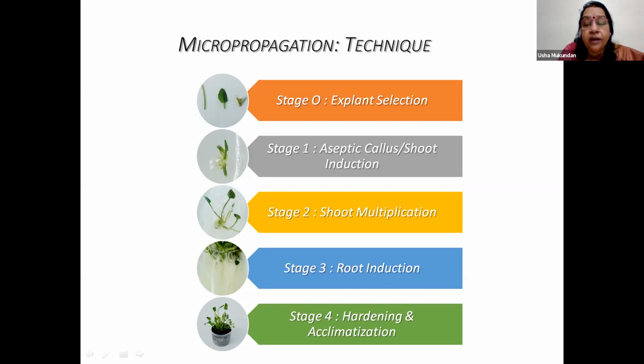It can either respond by forming an organ, which I already mentioned, organogenesis, or it may just form callus. And from callus, you can get plants. Or it may form an entire plantlet. However, because you're talking about mass propagation, you're not interested in stopping at stage 1. You want to multiply in vitro several fold. So if you have a pen and pencil, you can just say, suppose from one explant,